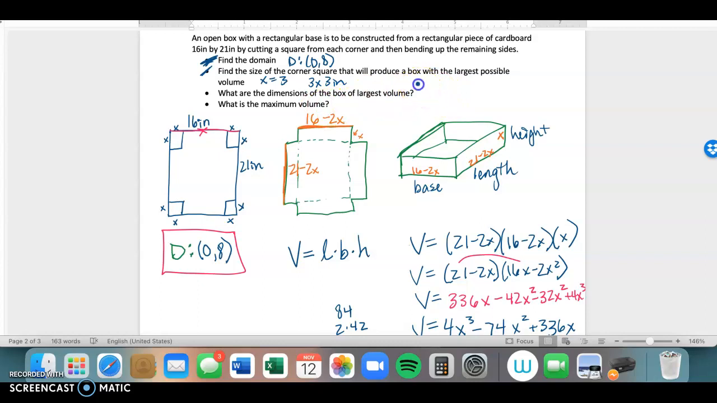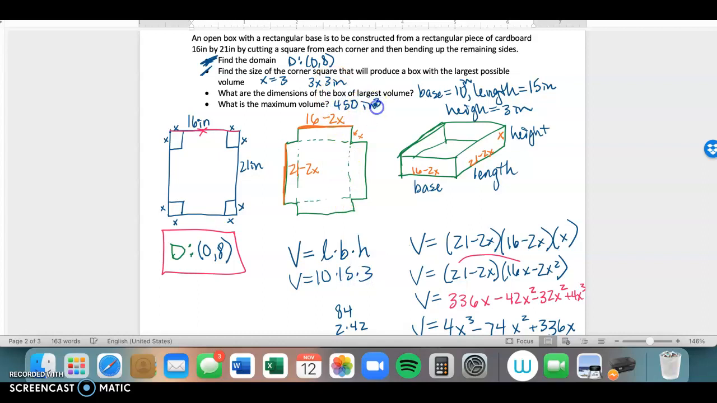Well, your base, the way we've written it here, would be 16 minus 6, which would be 10. And sorry, I almost forgot the units there, 10 inches. Your length is going to be equal to 21 minus 6, which would be 15 inches. And then we already found out the height is going to be 3 inches. So there's your dimensions, and then the maximum volume, multiplying each of those things together using your volume formula. So volume equals 10 times 15 times 3. So that gives us 450